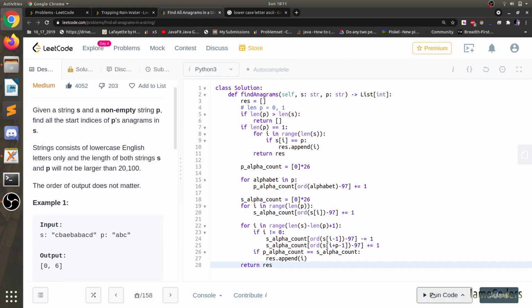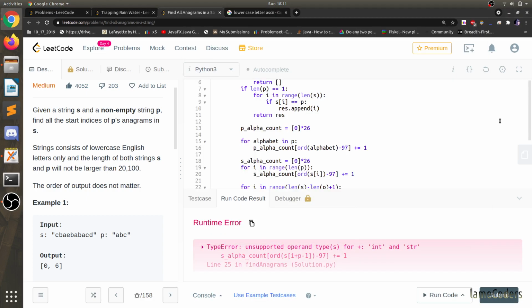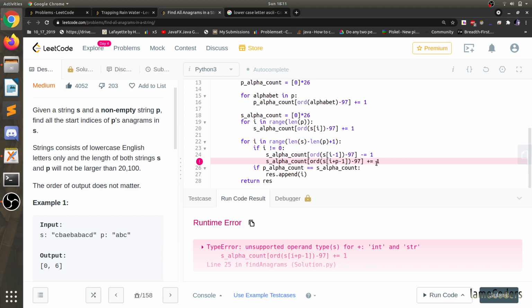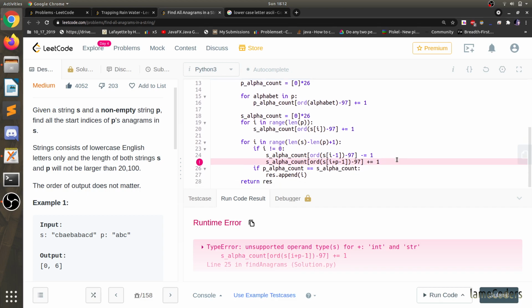Okay, let's run it. So it is saying one is string and one is int.